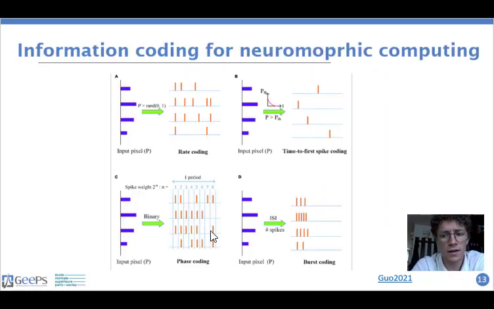So now we have presented a few different encoding methods, but we still don't know which one to use. We are aware now that there are different methods, but why would we use one rather than another one? And Guo, and I'm sorry if I mispronounce the name, Guo in 2021 did a very great job in this paper because they did a comparative study on MNIST and Fashion MNIST datasets on those 4 different encoding methods. And